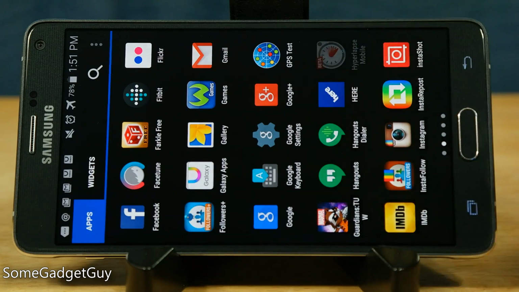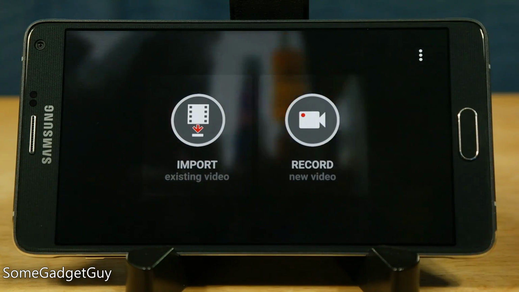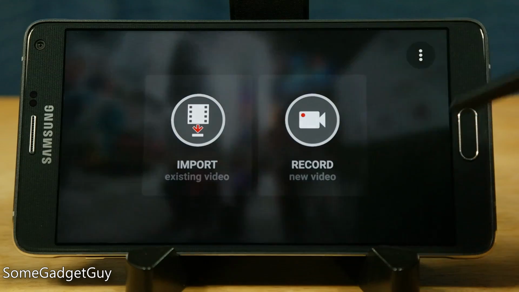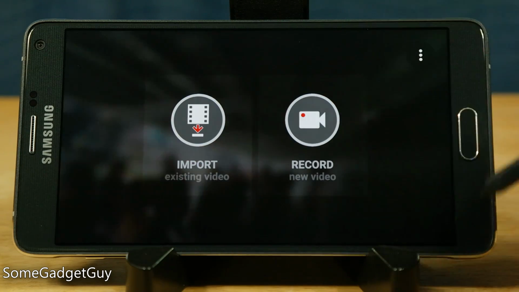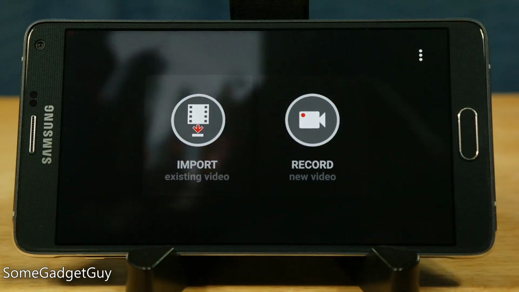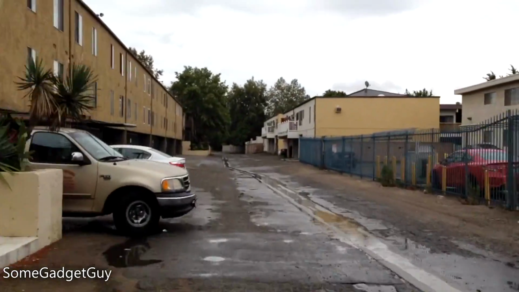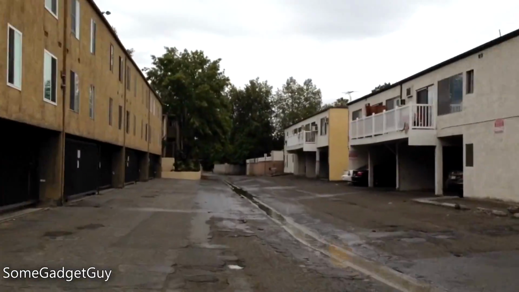Hey everybody, some Gadget Guy here taking a second look at Microsoft's Hyperlapse and comparing it against Instagram's Hyperlapse app. In my first review, I got a few things wrong in my comparison between the two, and of course, making a mistake is the fastest way to be called a shill on the internet, so let's see if we can't